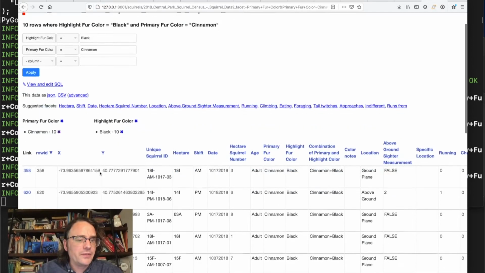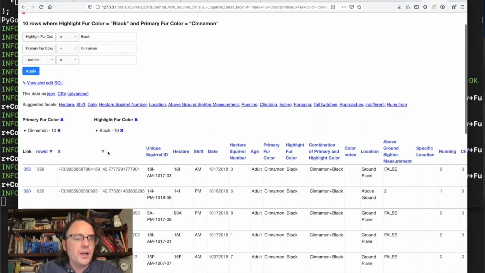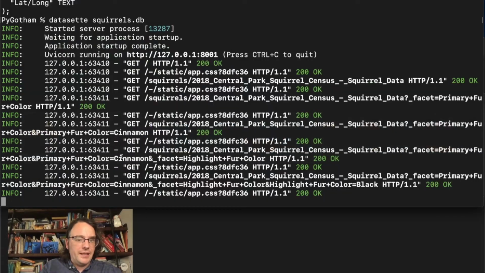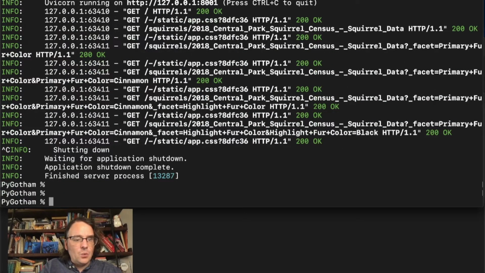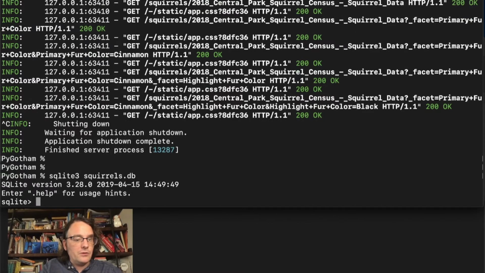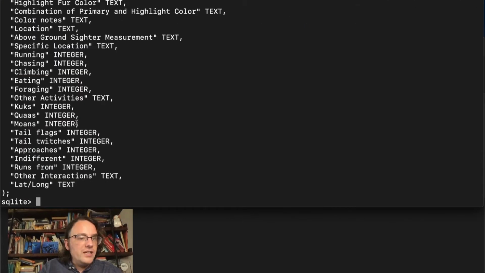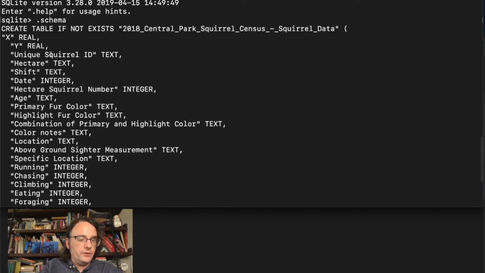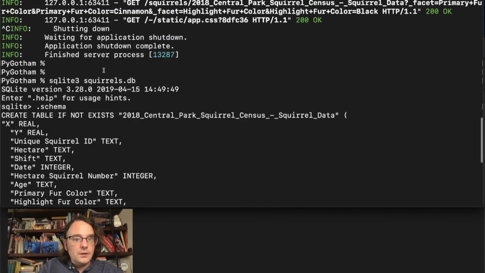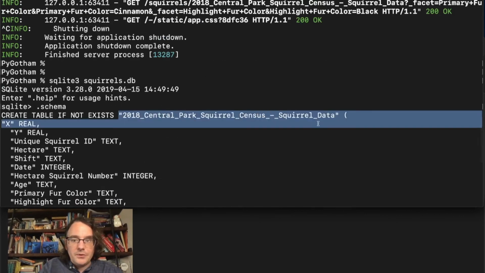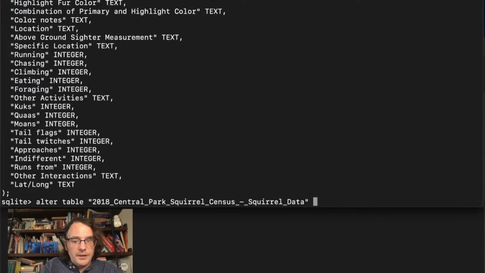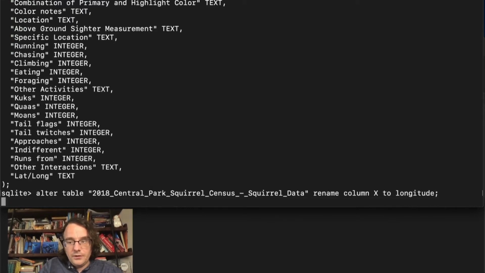Another thing that stands out about this data is there are these two columns here, X and Y, which look suspiciously like they might be longitudes and latitudes. And we can do something really interesting with that. I'm going to load up the Sqlite command line tool, again squirrels.db, and I'm going to rename the X column to longitude. So alter table, quite a long table name, this one. I'm going to alter this table here, rename column X to longitude, and I'm going to rename column Y to